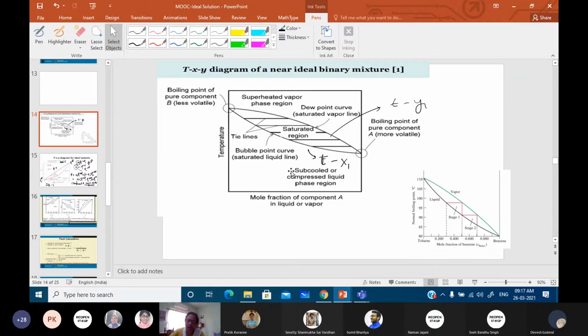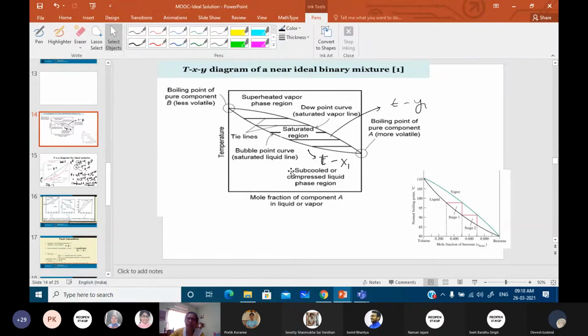When we have obtained the entire component in the vapor phase, after that the temperature starts rising, and this particular zone is known as the superheated vapor zone. So therefore, below the boiling point, we have a subcooled liquid. At the boiling point, we have a saturated liquid, which gets converted into the vapor at the same temperature and pressure. The vapor under this condition is known as the saturated vapor.